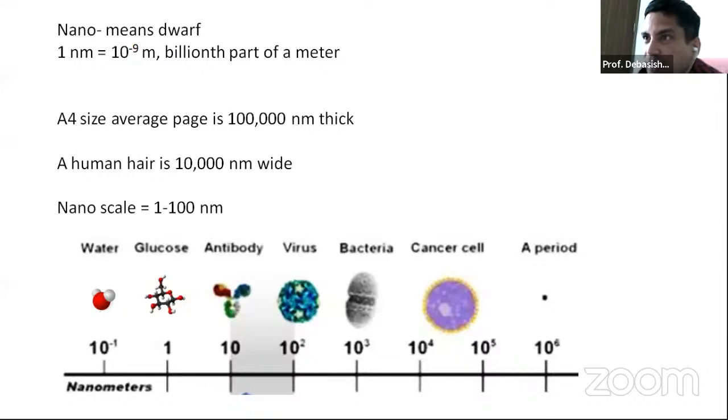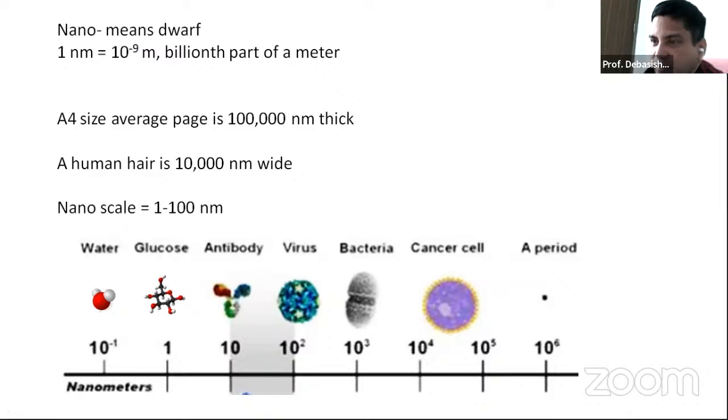So what are we calling nanomaterials? Obviously, from the term we know that 1 nanometer is 10 to the power minus 9 meter. It's a billionth of a meter. And for reference, if we take an A4 size paper, the thickness of the paper is 1 lakh nanometer. That's a huge one. For a human hair, it is 10,000 nanometer, but the nanoscale we are talking about is only 1